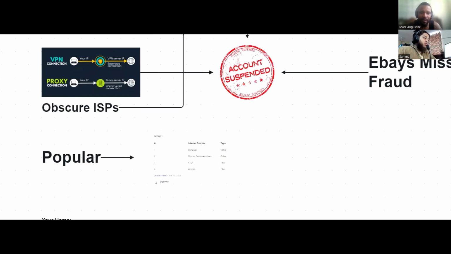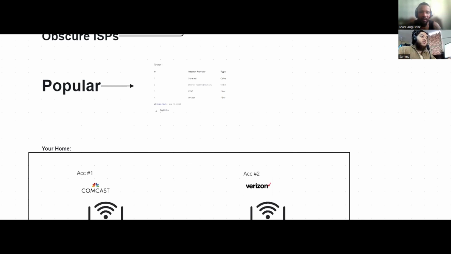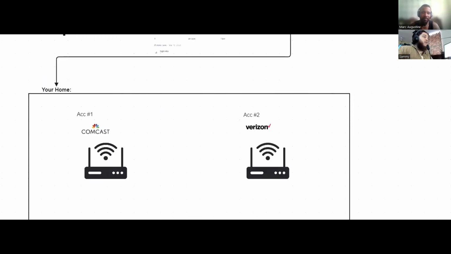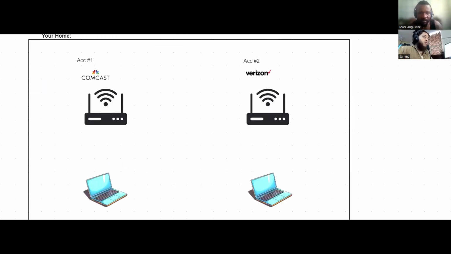Now that we know what the popular internet service providers are, you've got to bring them into your home. For your first account, you're going to use Comcast. You probably already have this set up, but let's say you just have a brand new house. You ring up Comcast and tell them, hey, I need internet in my house. Find the cheapest option. Maybe it'll be 20 bucks, maybe 30, maybe 40, whatever the case.